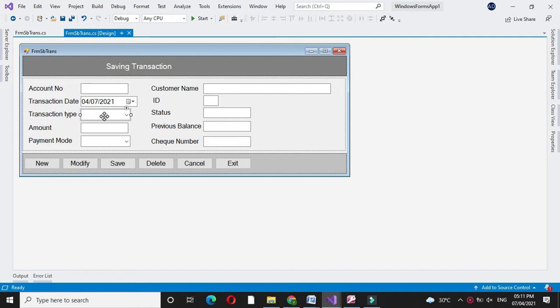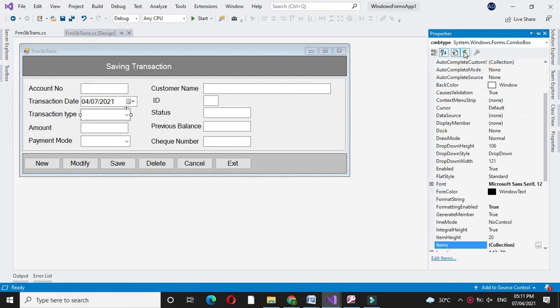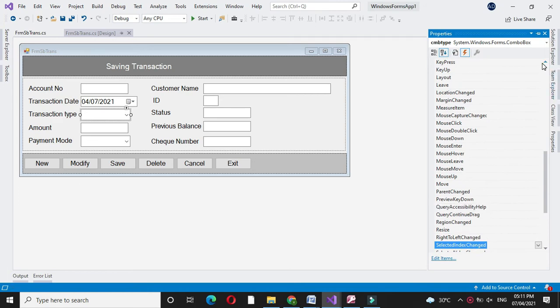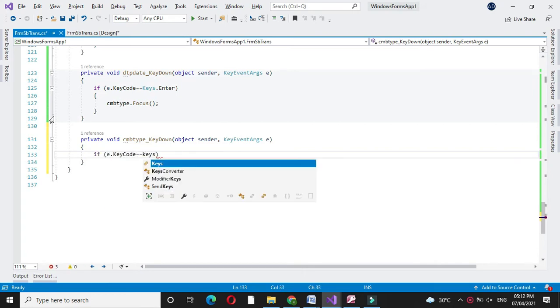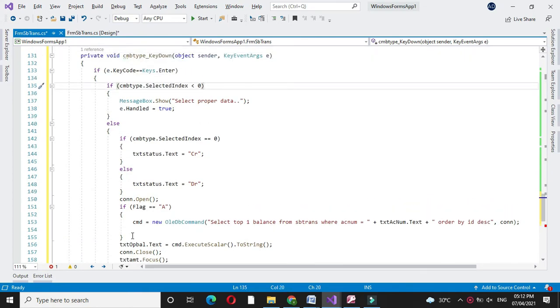Then we will write a key down event for transaction type. Here also we will check first e.KeyCode equal to Keys.Enter, and here if the value selected from the combo box is in the combo box or not. For this I have used the SelectedIndex property of the combo box.